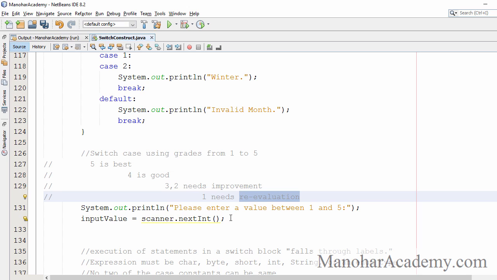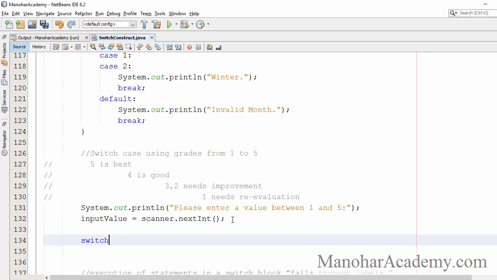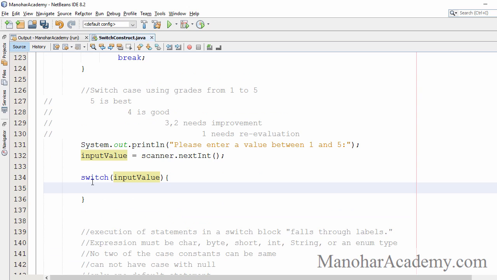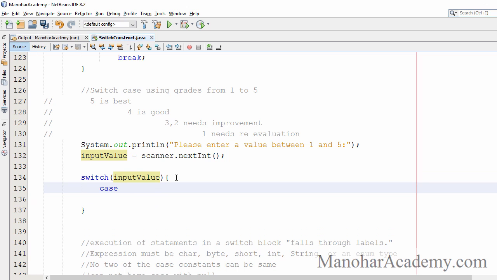That's okay. How do we write our switch statement? So first we start with switch. On which value do we want to switch? Basically, this is the expression, the switch expression. We want to use the input value. Then switch will have a block, just like if has a block, switch also has a block. This is called the switch block. Okay, it will have cases. In case of 5, then a colon. What do you want to do?